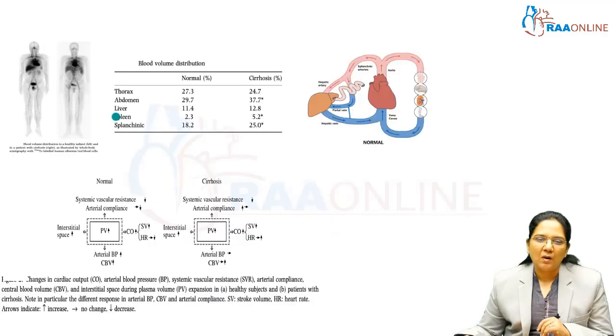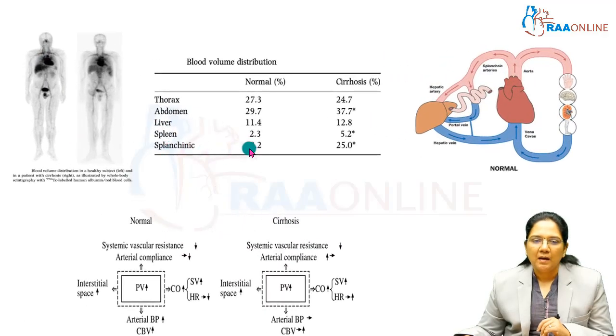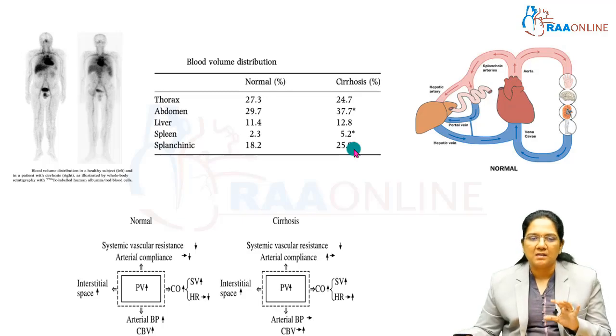This diagram explains how the blood volume distribution is, with scintigraphic evidence. You can see that in the splanchnic part in a normal patient, only 18.2% of the blood volume is distributed. But in cirrhotics, 25% of the blood volume is stagnant in the splanchnic circulation. If you try to expand the plasma volume by giving a fluid bolus, in a normal patient we expect the cardiac output to increase, stroke volume to increase, heart rate decreases in response to an increase in cardiac output. But this might not happen in a cirrhotic patient because cardiac output might increase because they are already in the hyperdynamic state, but